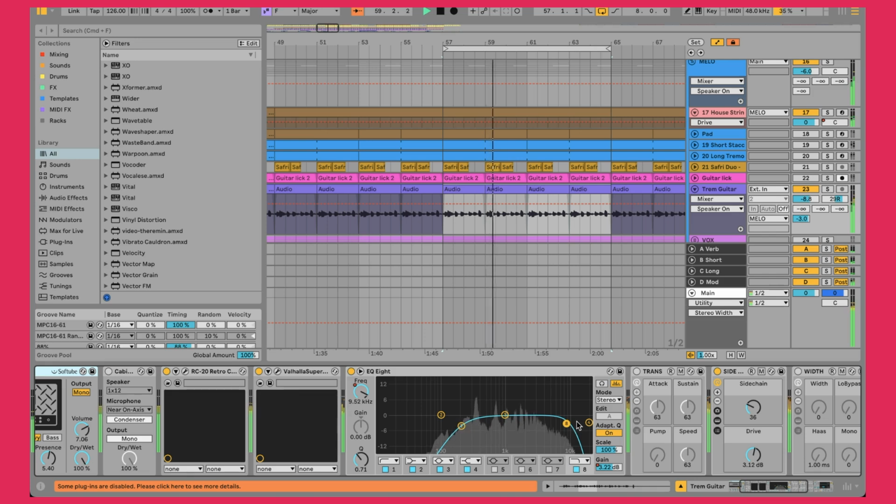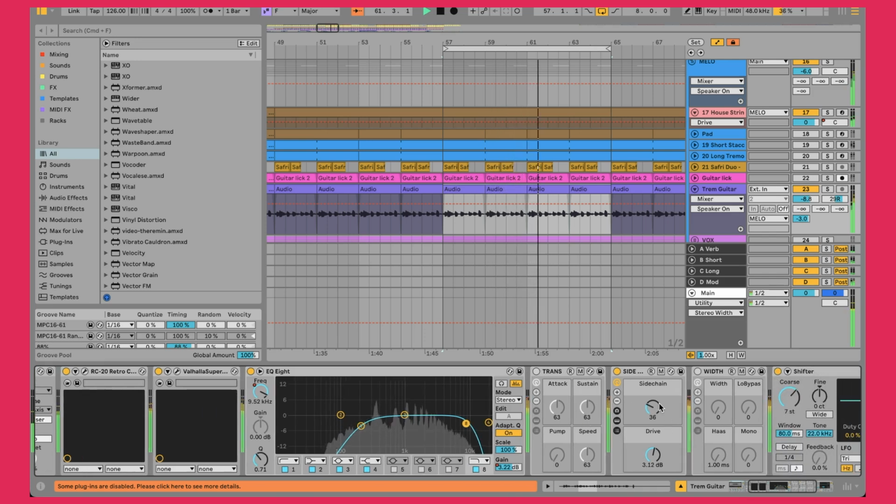And then just removing some of the lows, so it's making room for the kick and the bass, and same thing, getting rid of a little of the top end to mix it in. Then one knob sidechain, so it's pumping, making room for the kick, some saturation to bring it out a little bit more and fill out the sound a bit.